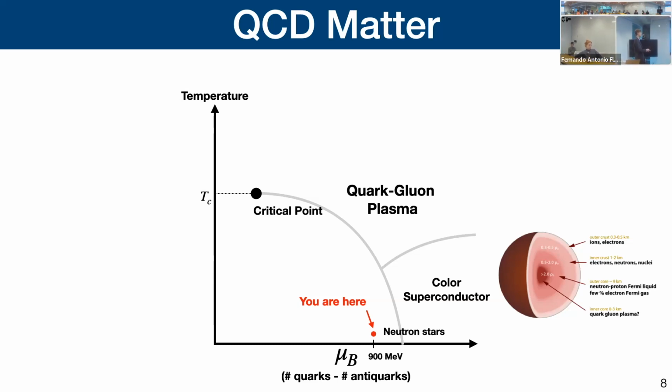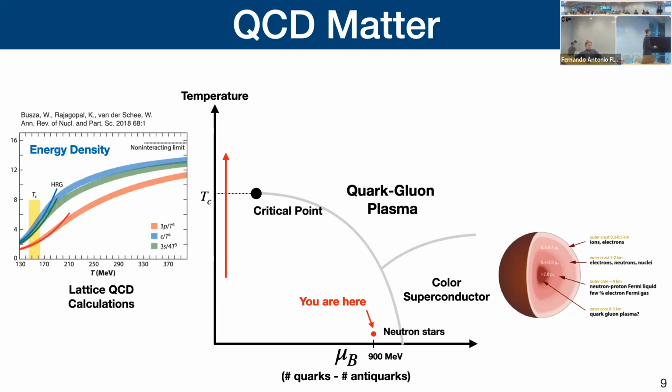Over here is what you get whenever you have some dense matter, such as cold dense matter, like a neutron star, for example. But what's interesting is that if you take this matter and you heat it up, so if we go this way in our diagram, there have actually been calculations done on big supercomputers known as lattice QCD that show that as you increase the temperature, the number of degrees of freedom of the matter actually increases in a transition around this critical temperature. And that is actually a transition from this phase of matter into a new phase of matter with a larger number of degrees of freedom. And so you can think of this as taking your hadrons and melting them as you increase their temperature.